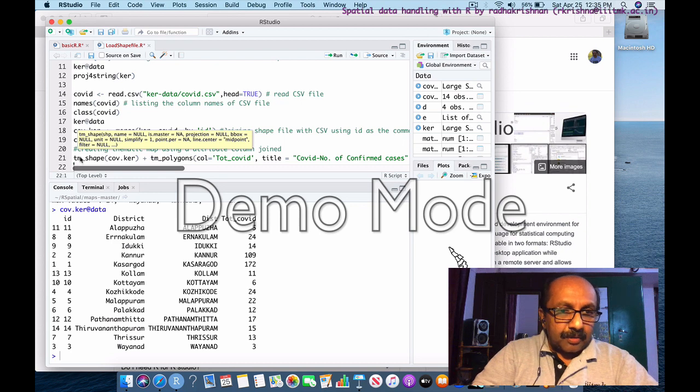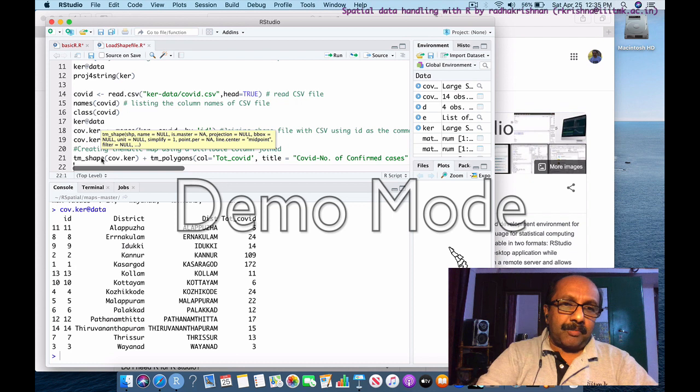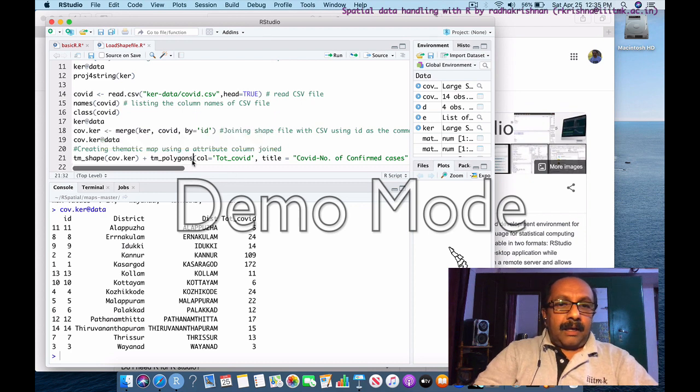You see I'm not going to assign a variable for this command, because I'm not going to store it. Instead I'm going to straight away use this command for visualization, so the result will come here in the plot. For this type of function, I'm going to use the newly combined data, which is a polygon data frame, cov.ker. I'm using the command tm_shape